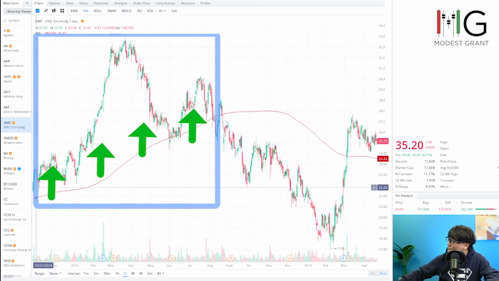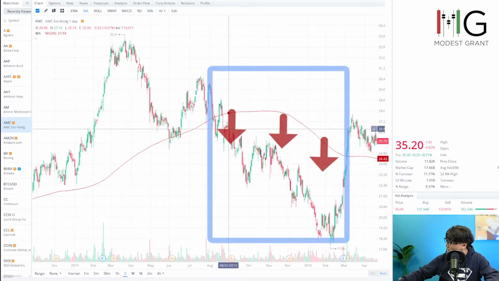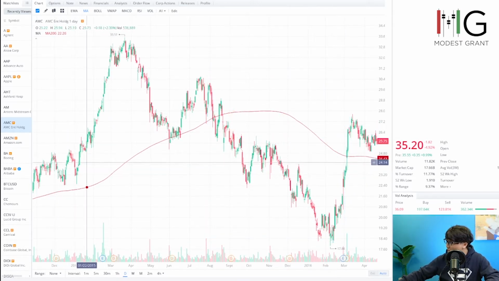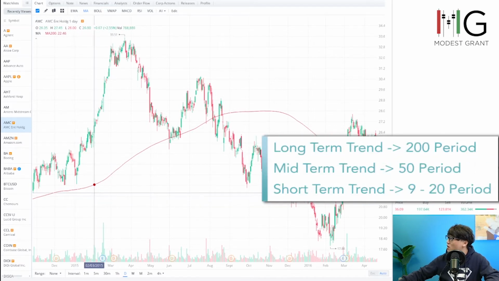And that means from this point on, this is an uptrend because the prices are trading above this line right here. When the prices start from here all the way to here, that means this part is a downtrend because all of these prices are trading below the moving average right there. So this is how you see where the trend is. And for a big long-term trend, we usually use the 200 moving average. And for a shorter time period, we can use something a little bit shorter, like 50 or even 20.